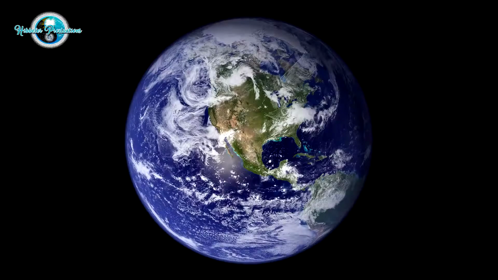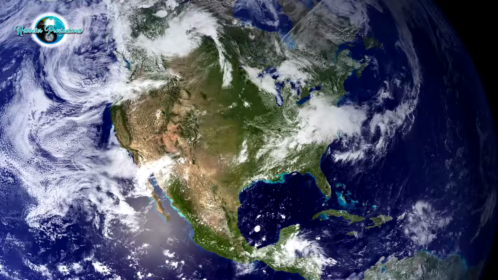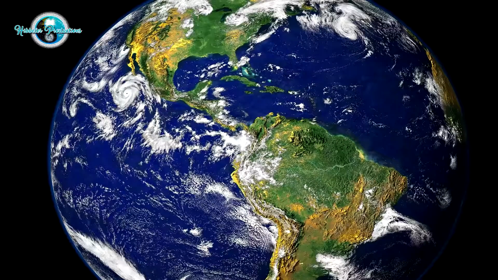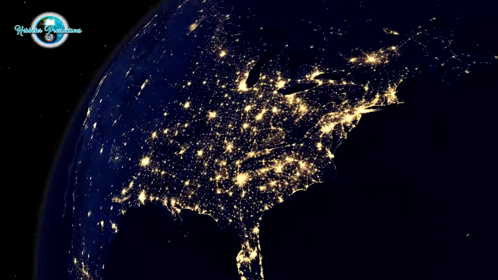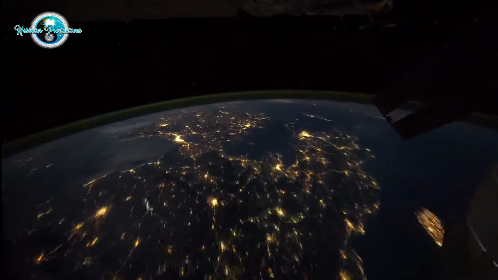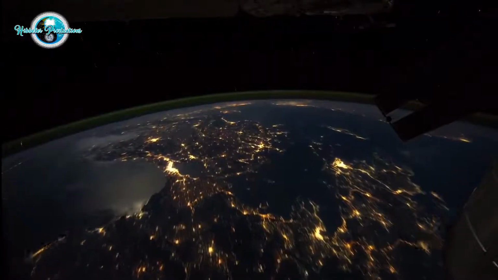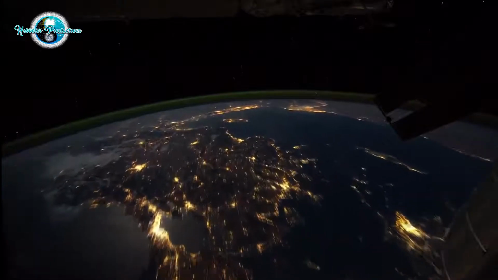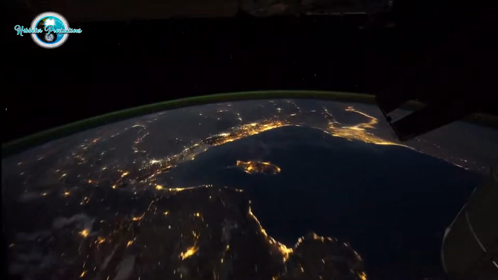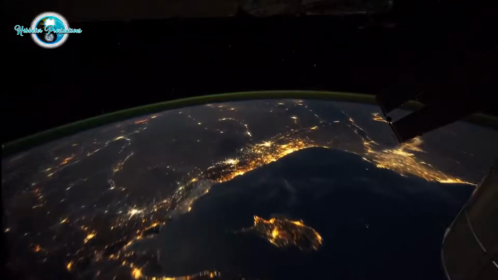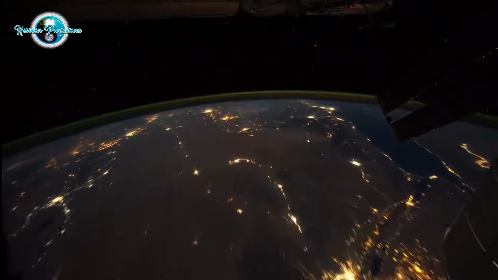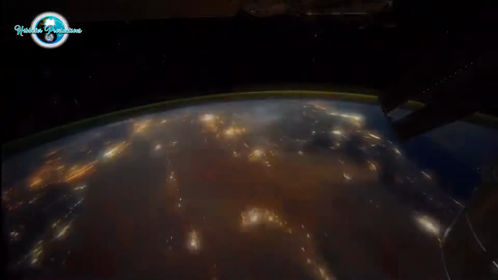Now, how come in all these ball pictures, you can see all the continents pretty much, and there's just a little bit of clouds here and there. Some of these pictures show the Earth at night and you can see all the lights. You're telling me the entire continent didn't have clouds? You can see Africa and all these lights. If you turn on your porch light, I guess you can see it from space, apparently. And there's no clouds in some of these pictures.